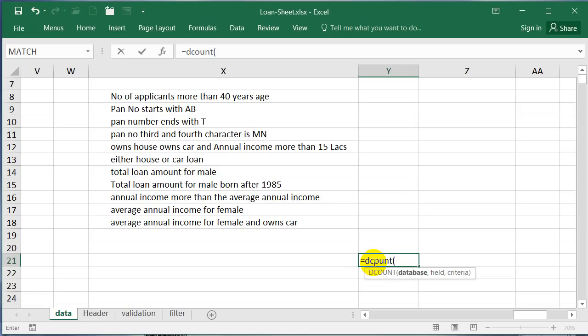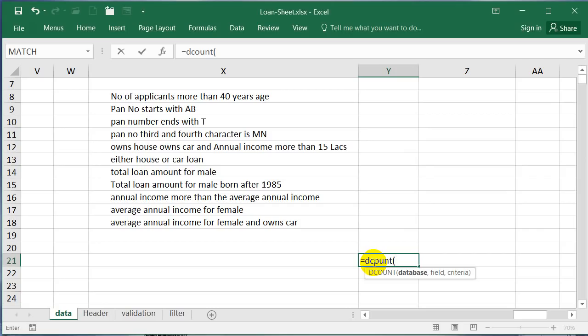All these database functions have got a standard three argument syntax. First one is the database. In our case, it is the entire database including the header, which is loan data. Second one is the field on which you are going to specify, and then the criteria.